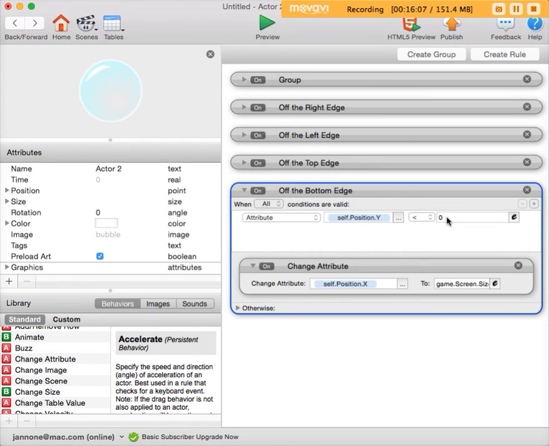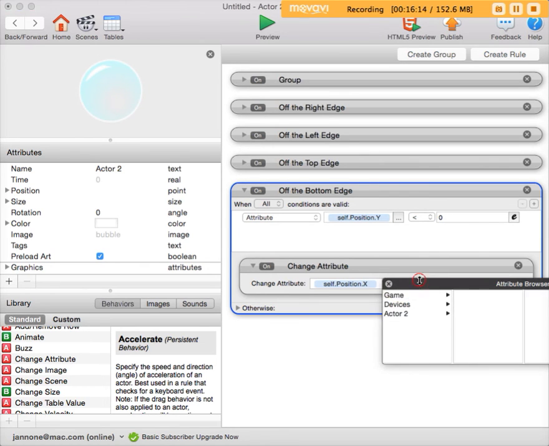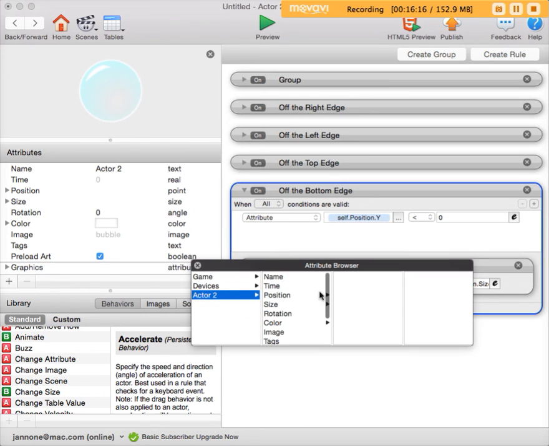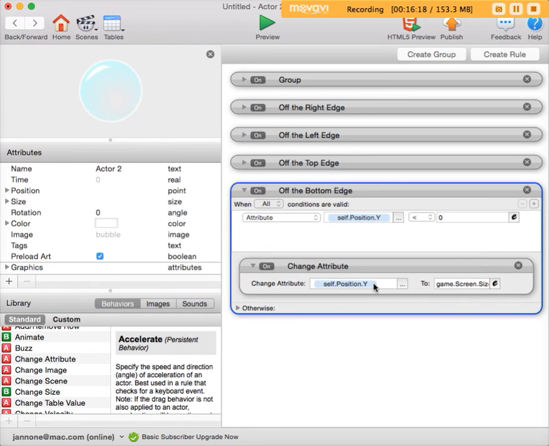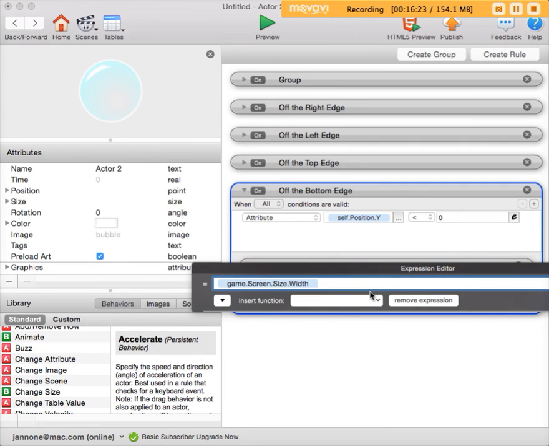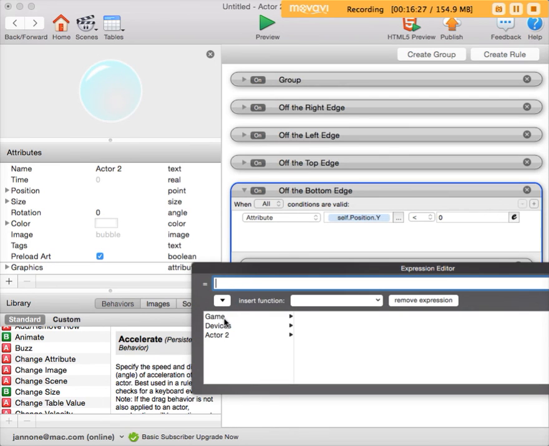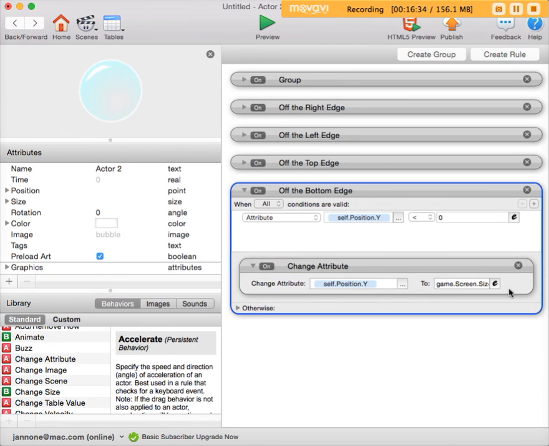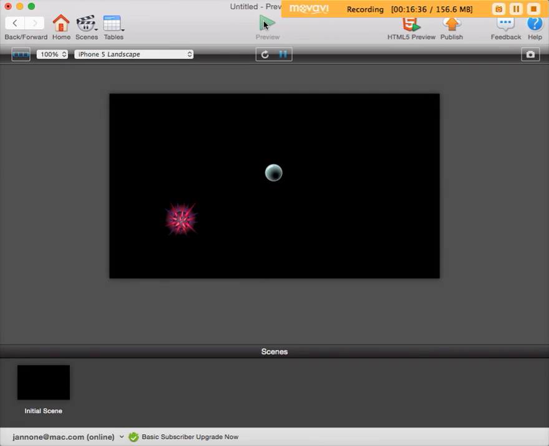falls below 0, that means it was heading down and it went off the bottom of the screen. We want to jump the Y in this case, position Y. We want the Y position to jump to or be set to the top of the screen. So not the screen size width, but the device's screen size height. And if we did this correctly, we should be able to go off the top of the screen,